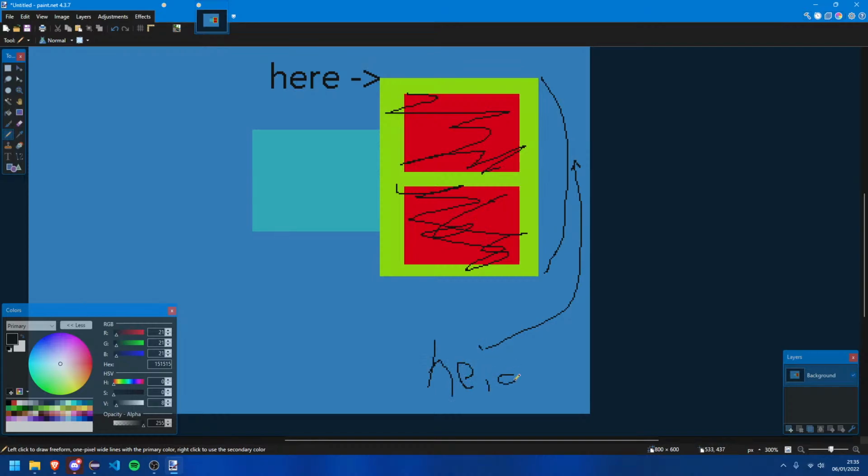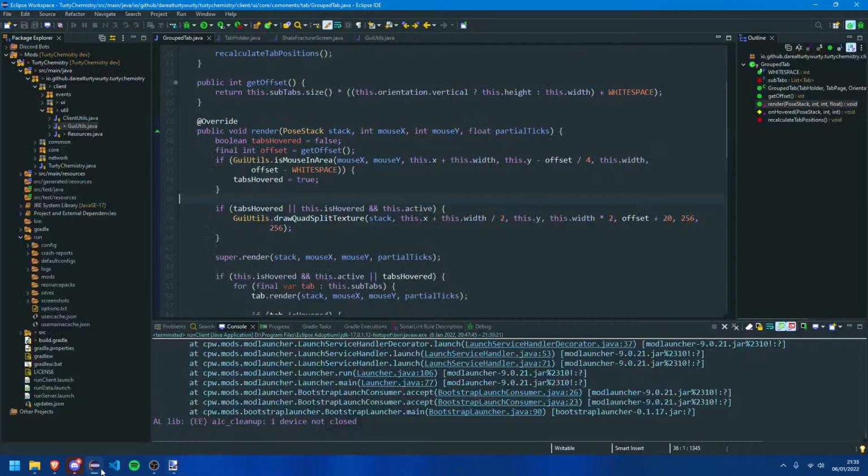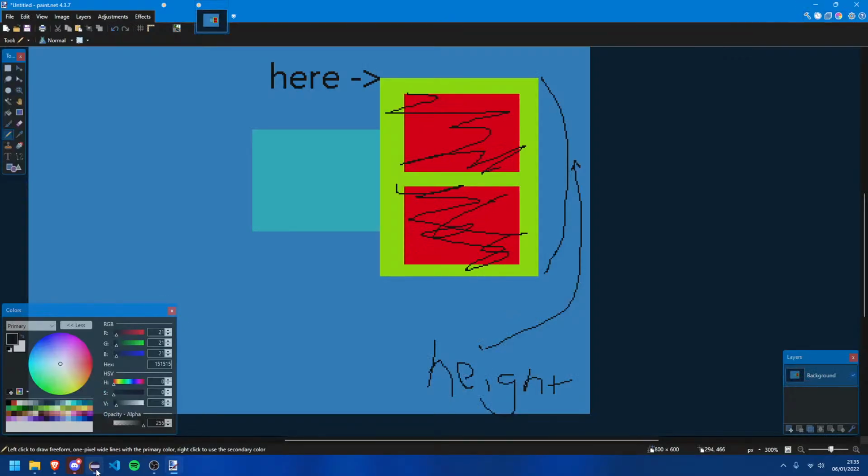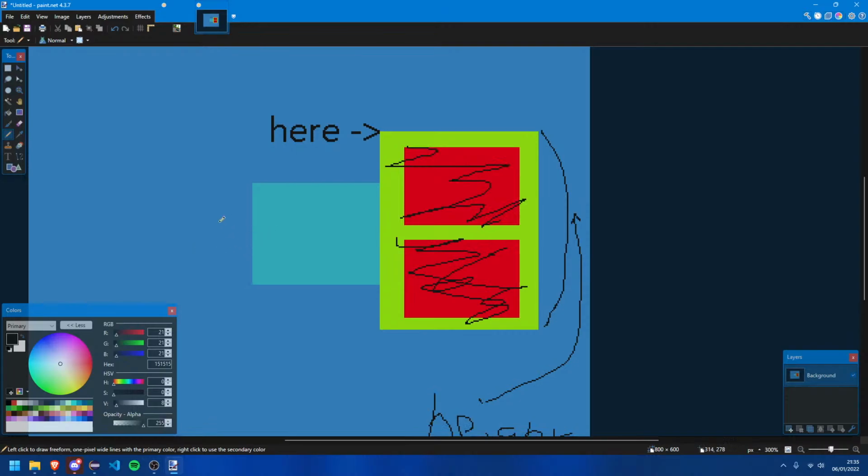Height. Prototyping. Yeah, and we have the Y position of this, so